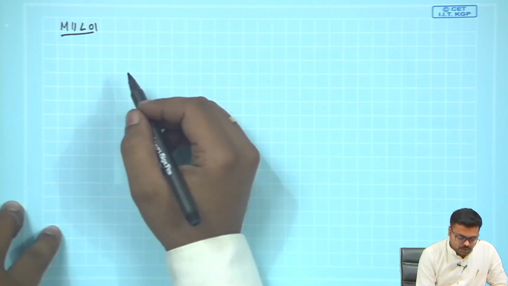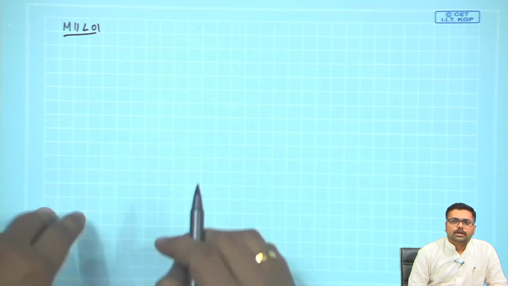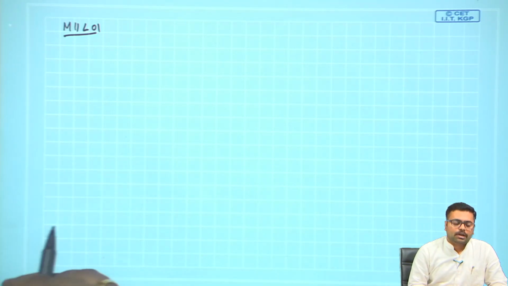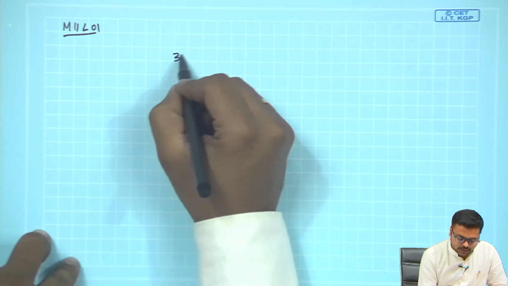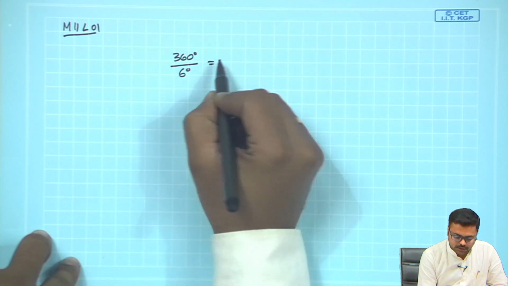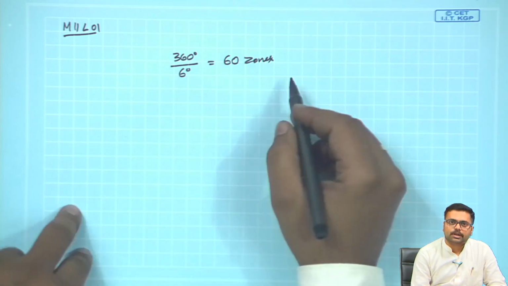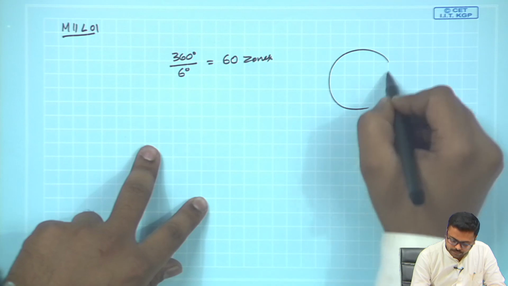As you all know, UTM zones are based on the number of zones into which the world is divided equally. The entire world, that is 360 degrees, is divided into 6 degree zones each, which is nothing but 60 zones. Now, how does this transform? If we see carefully,